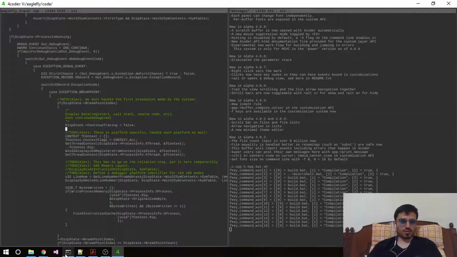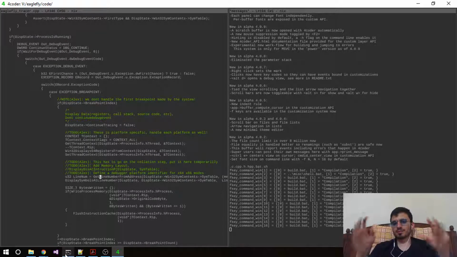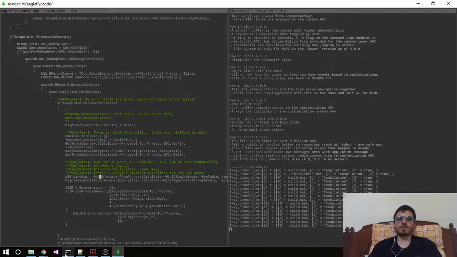I think we left it here, where we said it was like the minimum thing that we basically had an idea of what to do. Oh yeah, it's here. Okay, so it's get line number. We basically say, hey, we know that we want to display several data. Whenever a breakpoint is set in the target process, we want to execute several